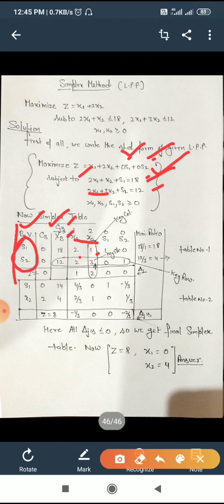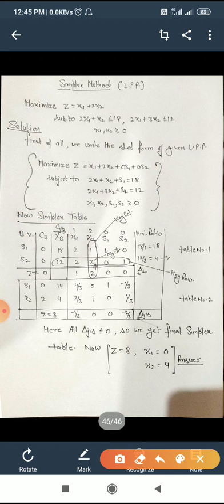And above these variables we write the coefficients of the objective function. The X1 coefficient in the objective function is 1, the X2 coefficient is 2, so we write 2. S1 and S2 are both 0, so we write 0 0. Now this is the simplex table: basic variable, CB, XB and four variables introduced. So x1, x2, s1, s2 make these columns, filled with the coefficients of the standard form.